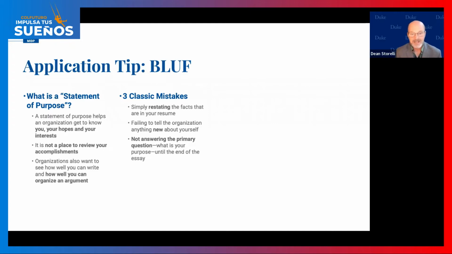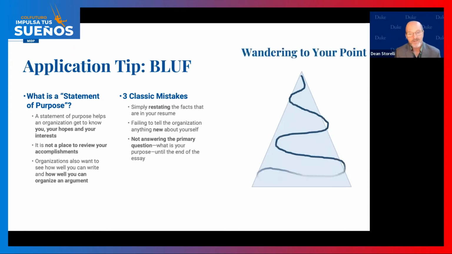Another classic mistake is not answering the primary question, what is your purpose, until the end of the essay. US audiences in particular are very demanding and focused on productivity. They want to know in the first line, in the first paragraph, what is this all about? Many statements of purpose that I read wander to the main point, and it's not until the last page, the last paragraph, where the writer answers the question. Instead,